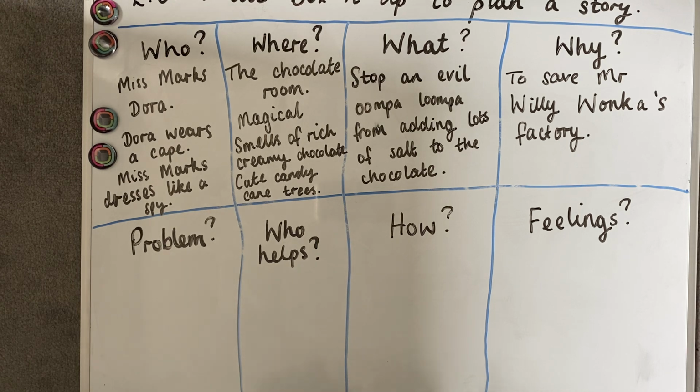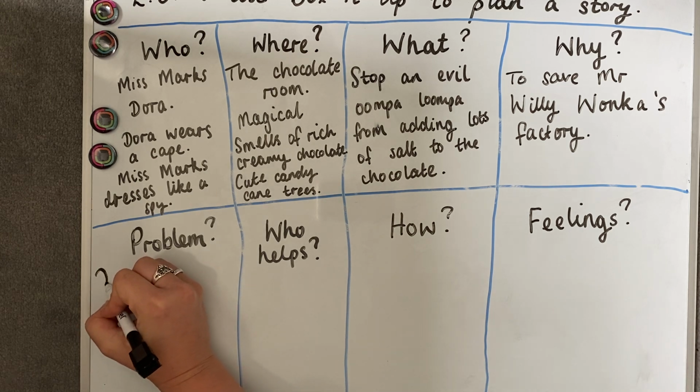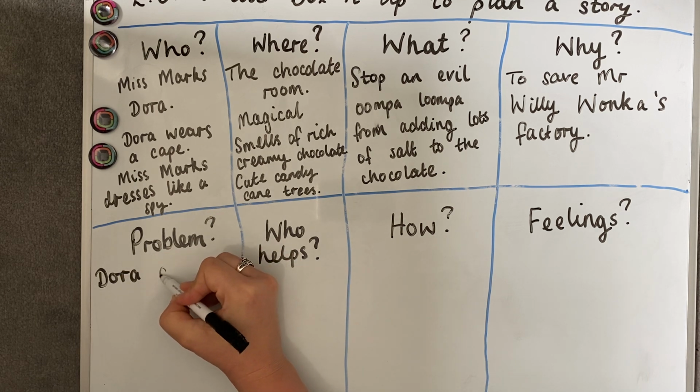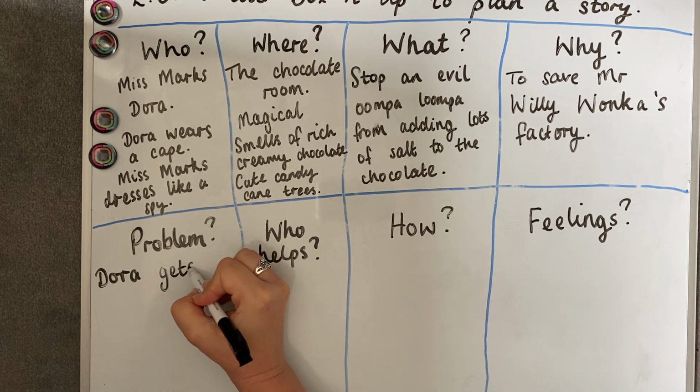Now, there's going to be a problem that occurs in your story. Your problem needs to be something that's gone wrong on the journey to what your characters are trying to do. Okay, so what goes wrong? What happens in your story that causes a problem for your characters? And I'm going to say that Dora gets caught